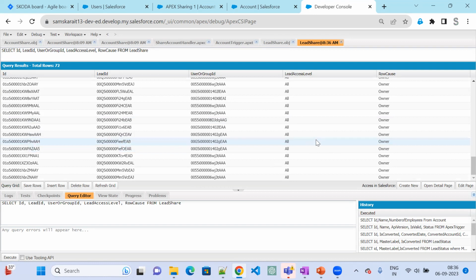Lead share does not have an account access level, or an opportunity access level, or a case access level, or a contact access level. Only at the account level do we have that access level. That's the homework. And the next one is,